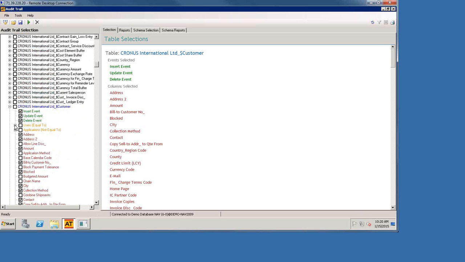I don't care when, you know, John logs in and changes something, but I need to know anytime that somebody logs in with a generic user like SA and makes a change to the data. So what I would do at that point is, under the users equal to, so anytime the user is equal to, it's going to capture that, we would select that user that we wanted to track. Right now in our demo system, we only have one user set up here, but you would see the list of all of your users and you would be able to select which user specifically you wanted to track.